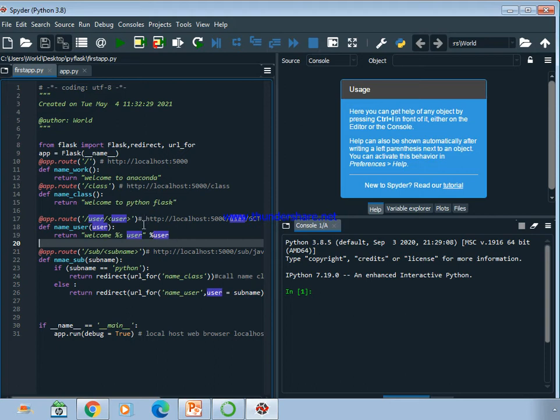So far we have seen 3 different paths. First path is simply as soon as you have given localhost:5000, it has to print this, and if you have given /class, it has to print this, and if you have given /user and any one of the usernames, automatically that username will be passed as the argument, and that will be printed in your web browser.